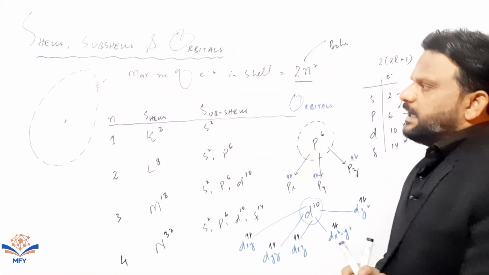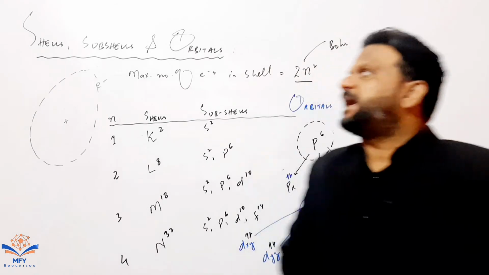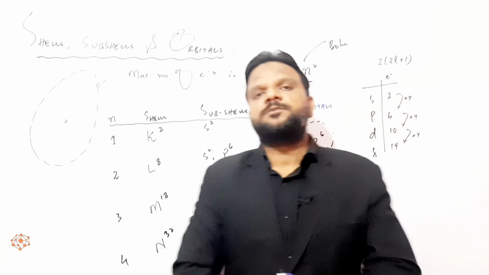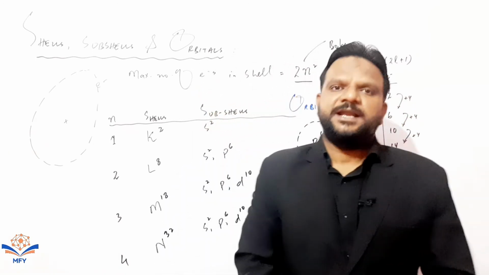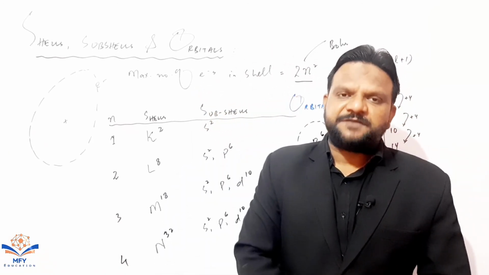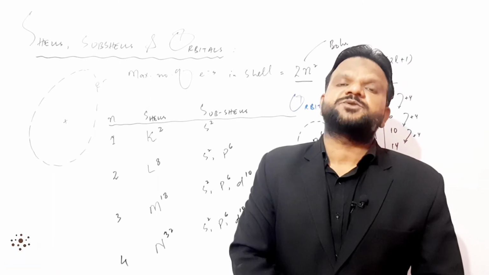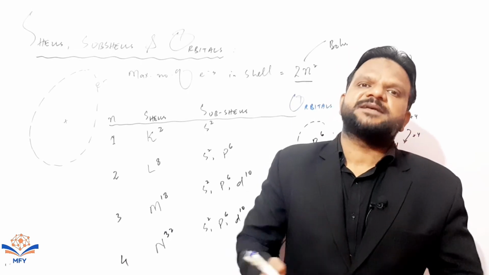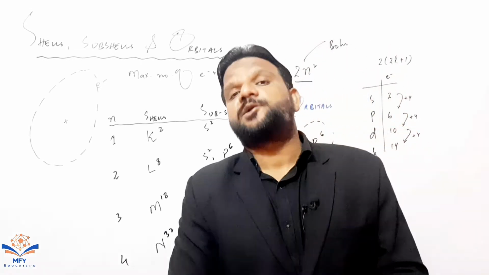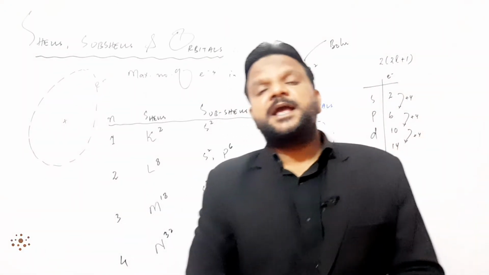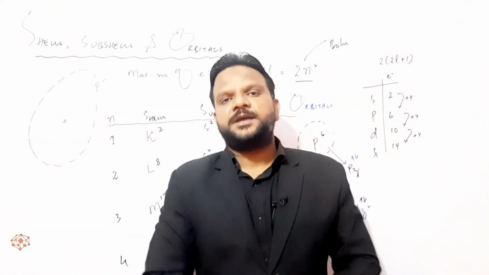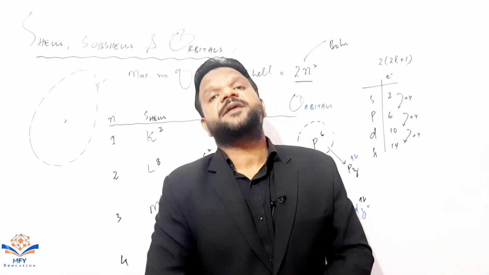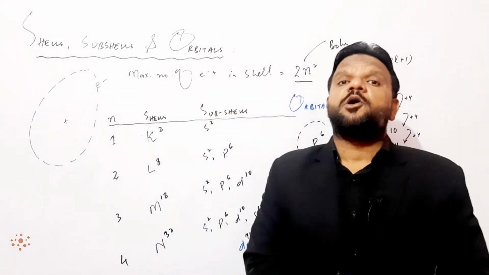This is the topic related with shells, subshells and orbitals. What are the shells? Your home is a shell. Your home, your house, your villa is a shell. If you enter a specific room, then it becomes a subshell. You can express your particular room as a subshell. When you occupy a particular position in your room, on a chair or on a sofa, a fixed particular position, it becomes an orbital.